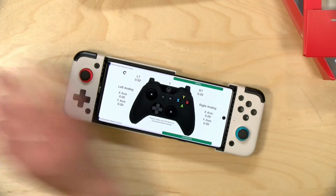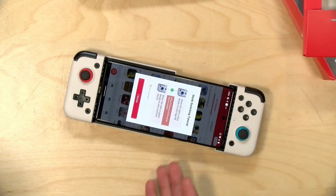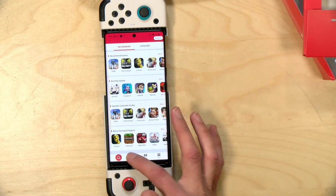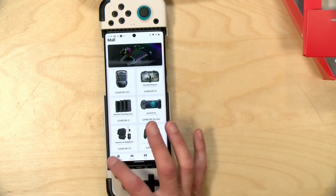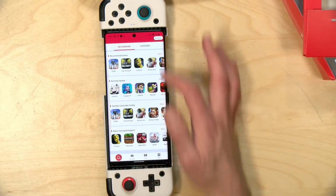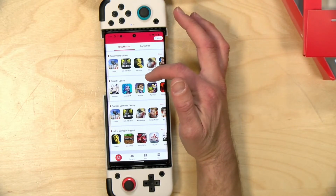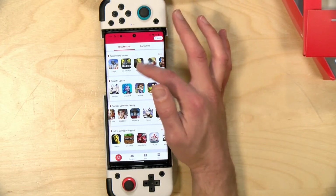Key layout settings. Okay, where is that? So here I am inside of the app. And I've got search, I have play game, I have help, and I have store. So am I missing something? Is there a category? These are all just games that I can download. I guess to some degree it's nice they're curating stuff for you, right? But